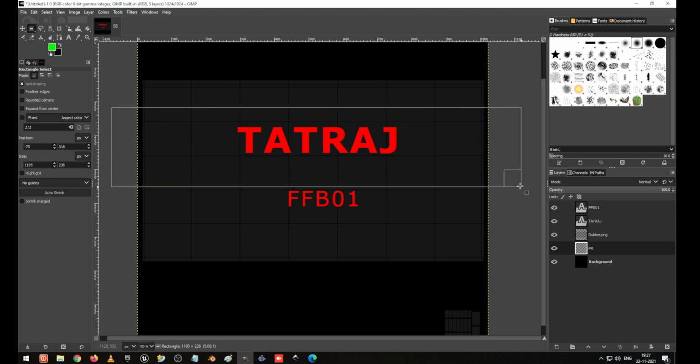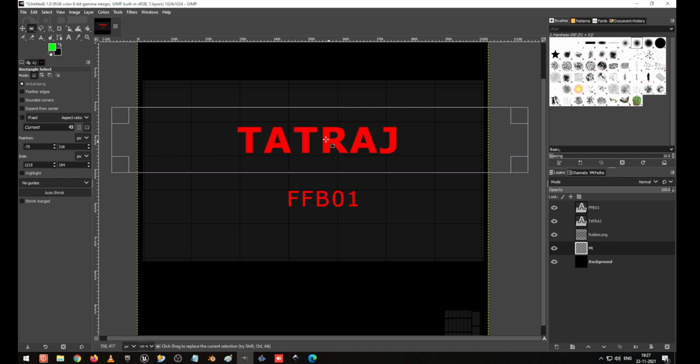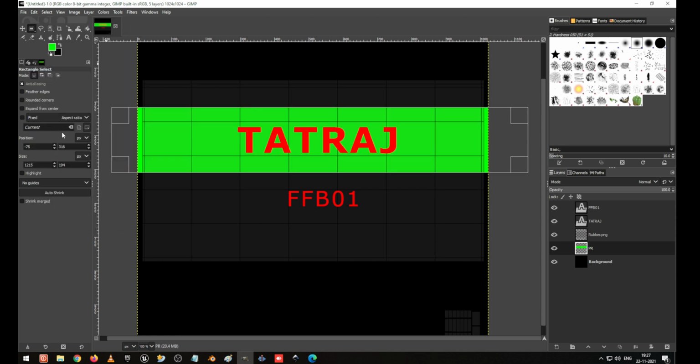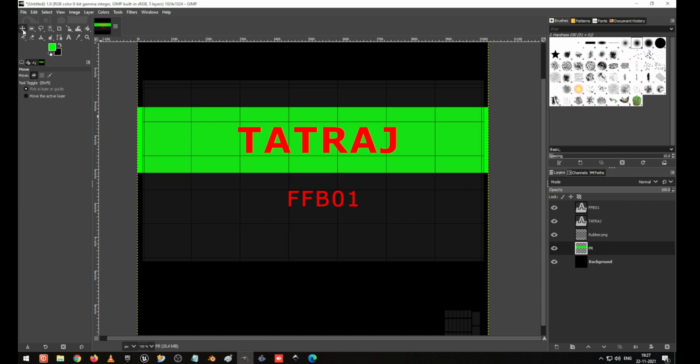Why is it not working? So let's see. Just a minute. Edit, fill by color. Okay, so now it came. So I have given the color like this. Now our editing has been finished. Okay, now I have given black, green, red. This is the combination I am going to match in the design, which is the RGB line.